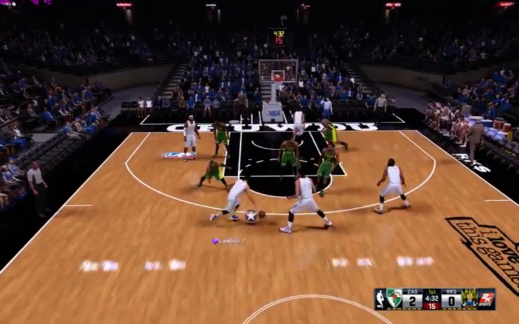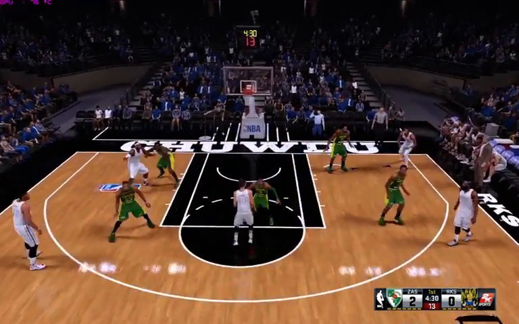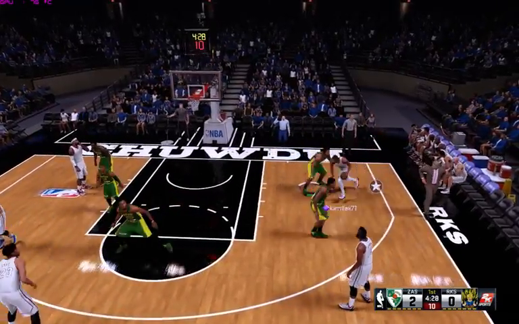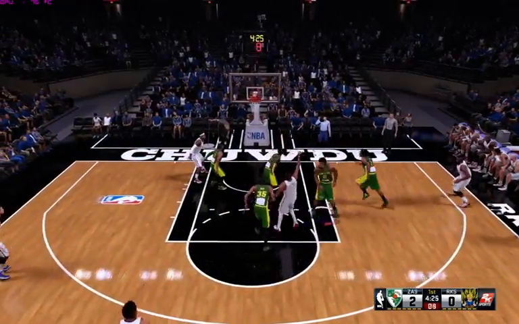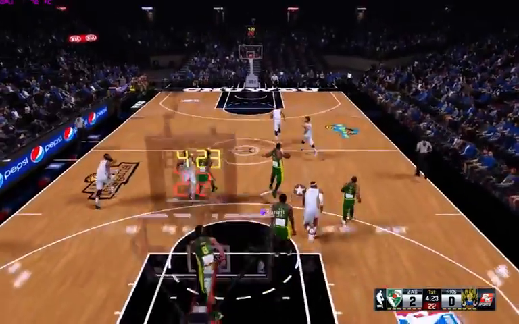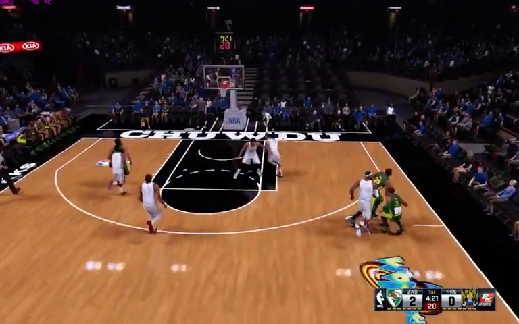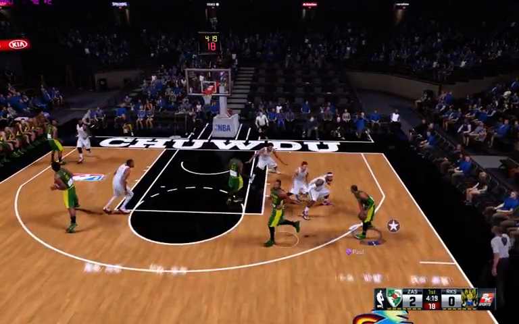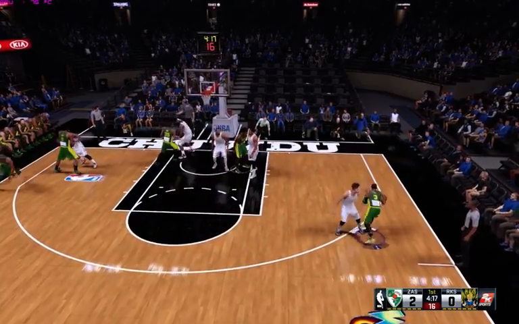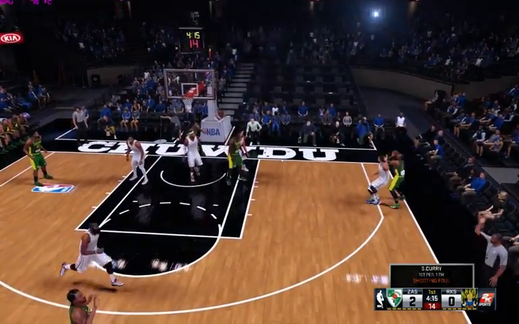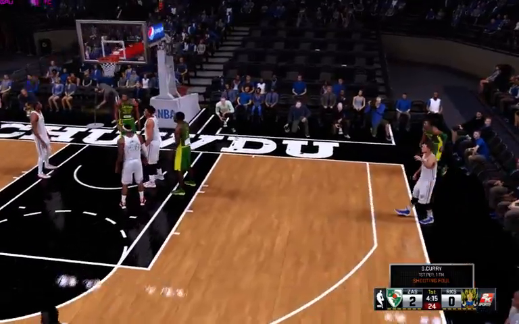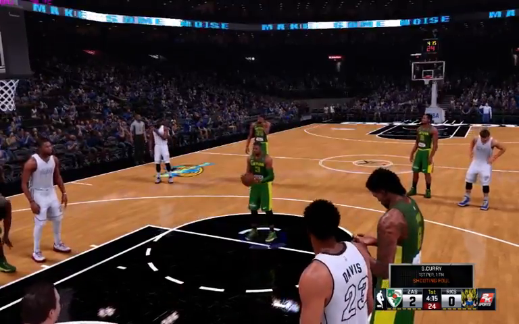Harden dishes to Curry. Durant in the corner. The 11-footer. That doesn't go either for Durant. Washington on D. Jordan the screen. Paul for 3. Oh, he got hacked on the three-pointer. He'll head to the line.